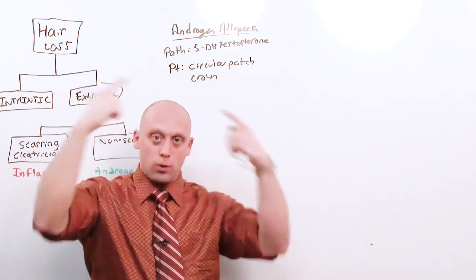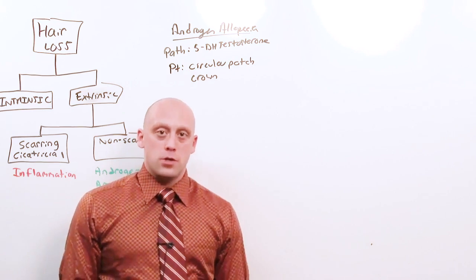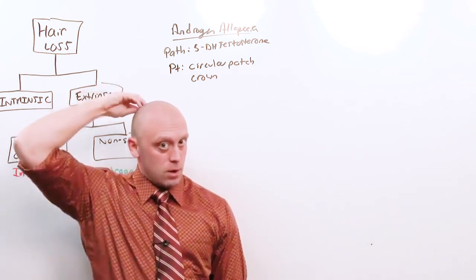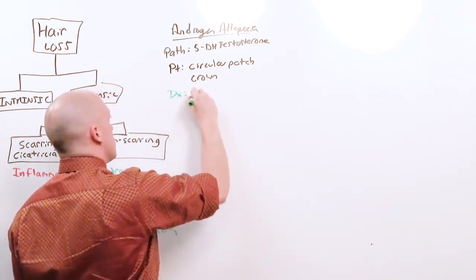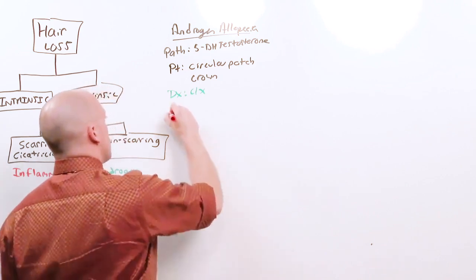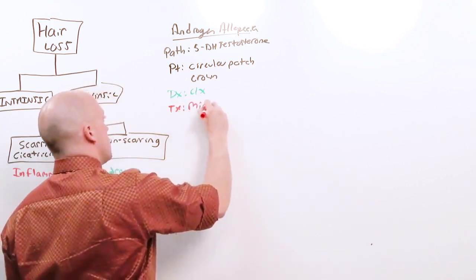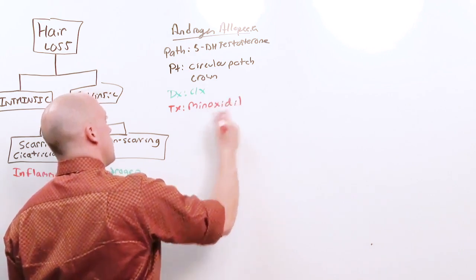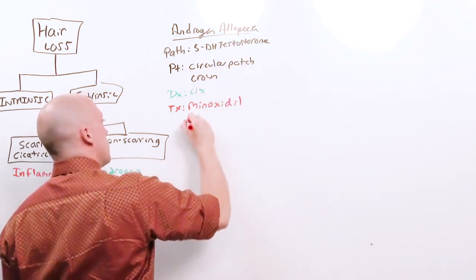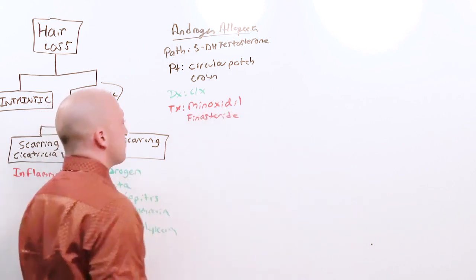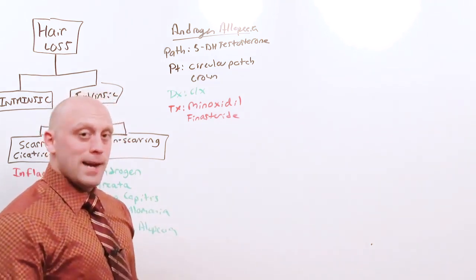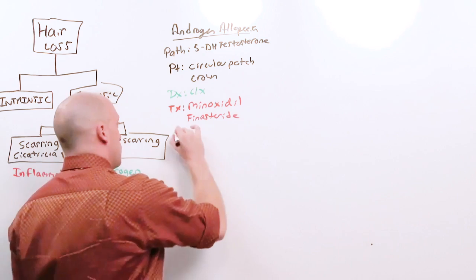This does not respond well to therapy for androgen alopecia. The patch on the back of the head, however, on the crown, does. The diagnosis is clinical, and the treatment involves minoxidil, which works, but it's poorly understood, and because of the 5-DHT, finasteride, which turns off 5-DHT. We compare androgen alopecia to alopecia areata,